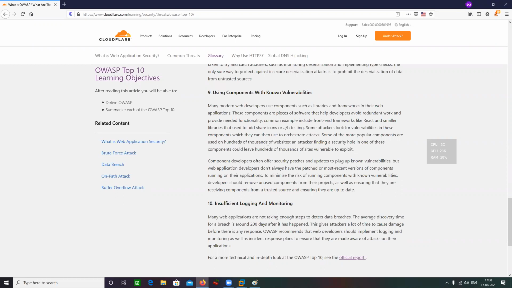Then there is a thing known as using components with known vulnerabilities. As the name suggests, let's say you are making a house, a building.